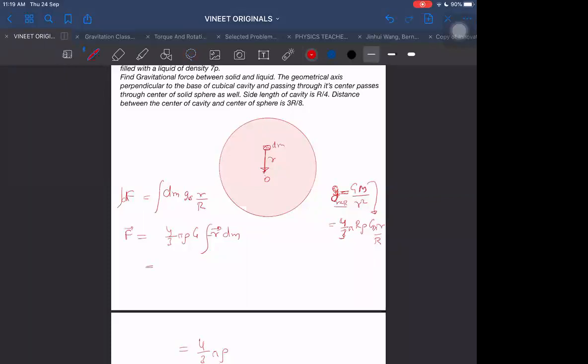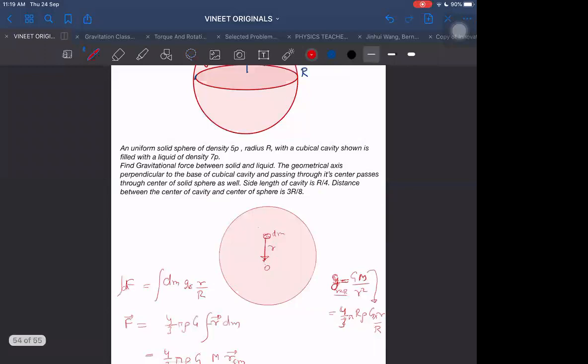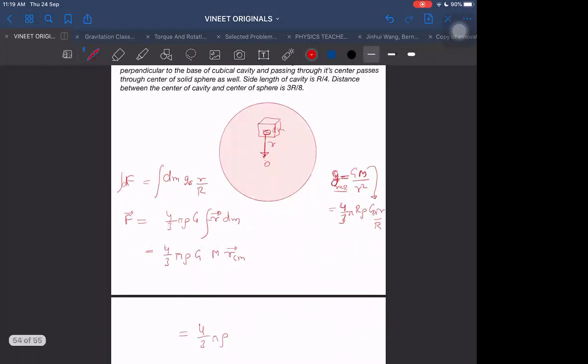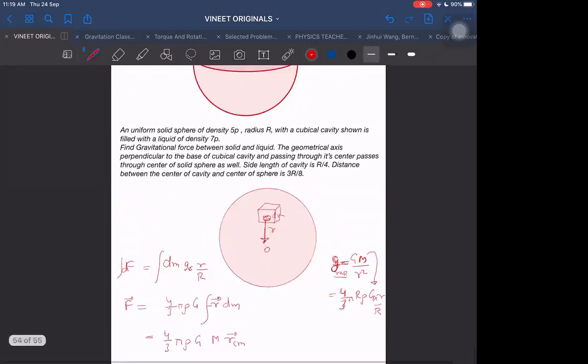What is this second term coming out to be? It is a very important term again. If you notice, it is total mass m into RCM bar. Now what RCM should I take? For what am I integrating it? Am I integrating for the entire volume? No, I'm not integrating for the entire volume. I'm integrating only over the cubical volume inside. In that cubical volume, I'm integrating this dm. So therefore, I have to take the center of mass of that cube, which is so simple to find out.